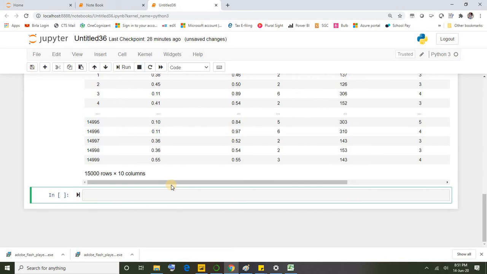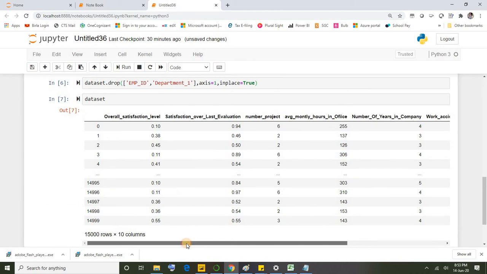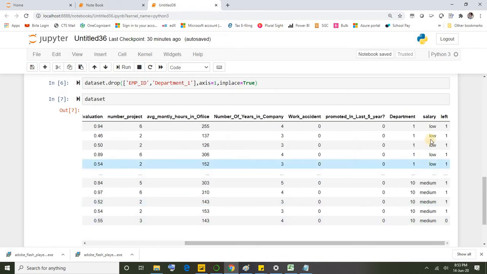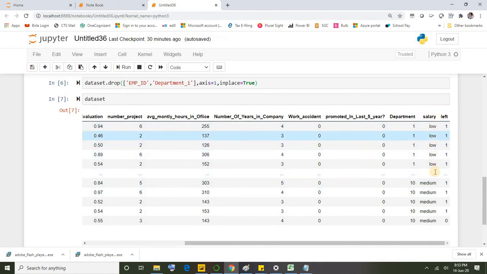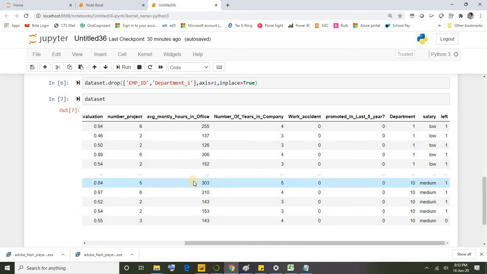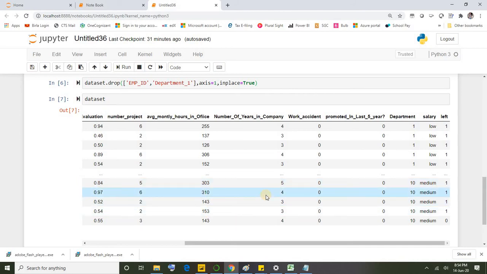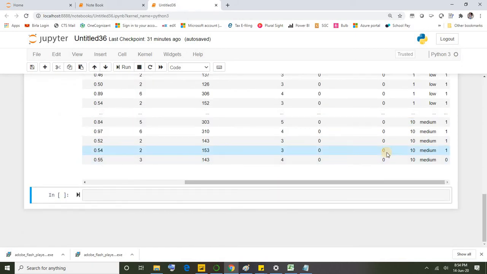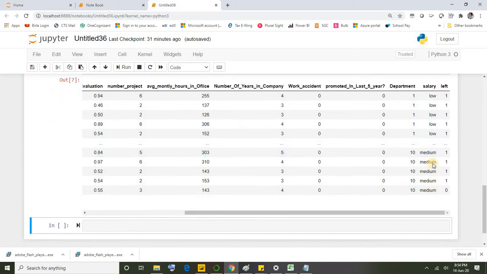Okay, so next step, what I'm gonna do is, yeah, another thing that we need to do as part of pre-processing. If you observe here, there is a salary column, right? Salary field, which has got categorical values. All right, how does machine learning work? Machine learning does a lot of mathematical equations and calculations. So that's how it works, right? So the input variables that we are passing should have only numeric values. Okay, so we should not have categorical values. That's a very important thing that we should understand. If you see here, there is a salary column which has got a categorical value, but it doesn't have a numerical value. Okay, that we need to convert.